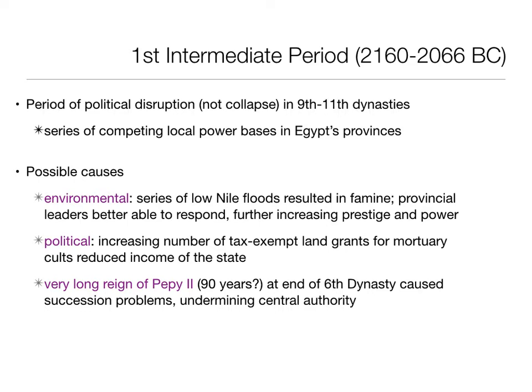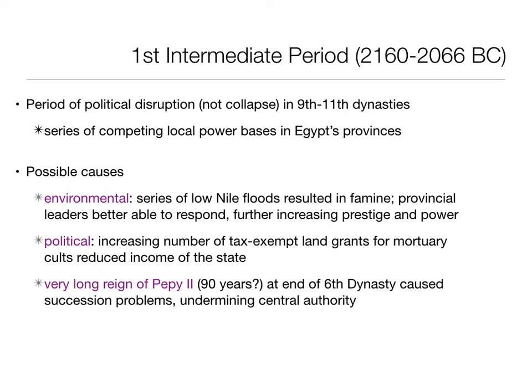In political terms, throughout the Old Kingdom, when new lands would be opened, pyramids built, monuments built, a lot of the time the land that is used to support those is tax exempt. And so that's less money flowing into the national coffers. The more of these monuments that are built, the more tax exemptions you carve out, the less money is being contributed to the state, right? So that led to economic problems as well.